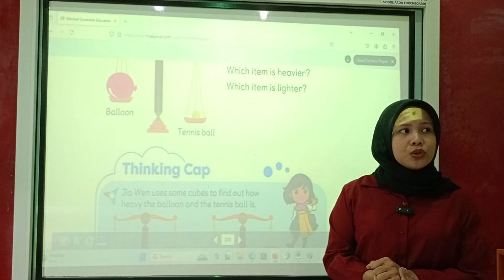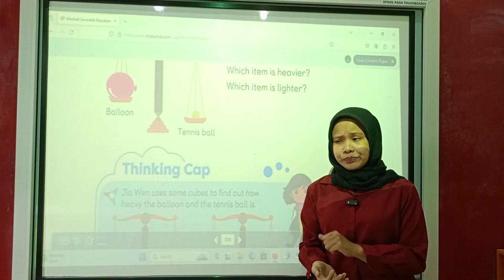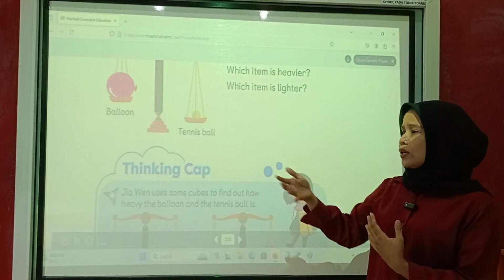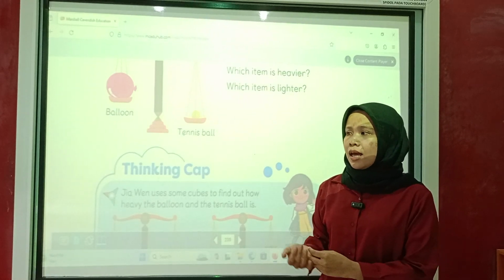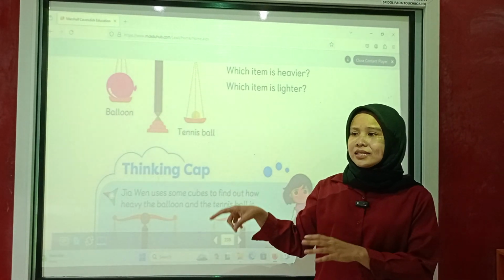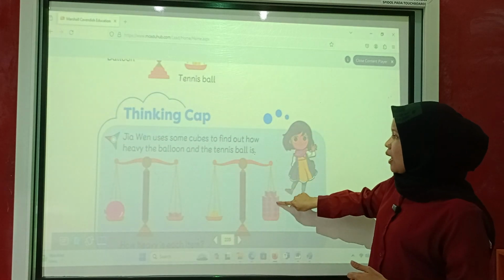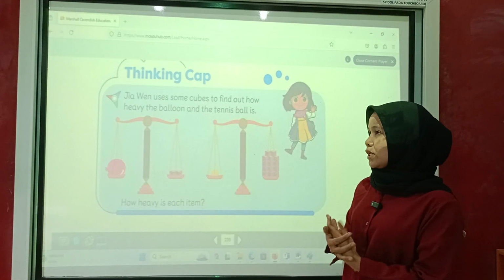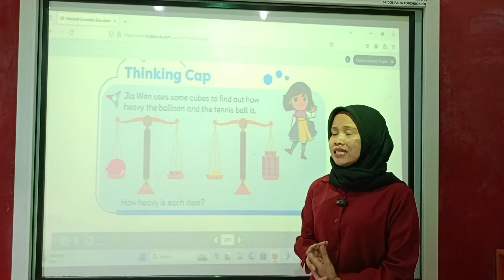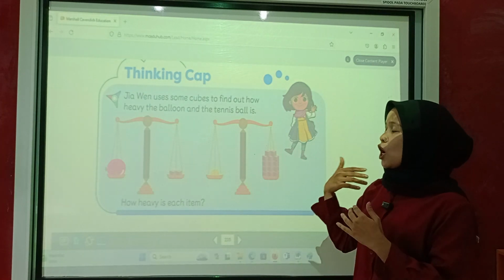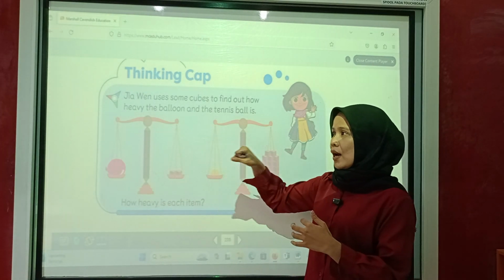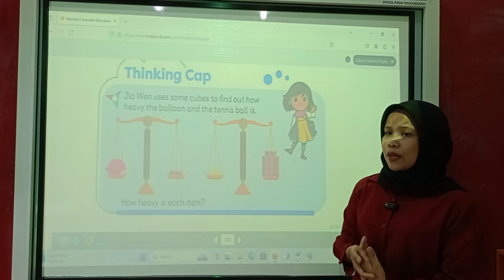And then I will ask two students to go in front, and I will ask the students who is heavier and who is lighter here, because I will ask students with different mass, different weight. And then I will explain a difficult word like balance scale. Balance scale means the two objects that are measured are the same weight.